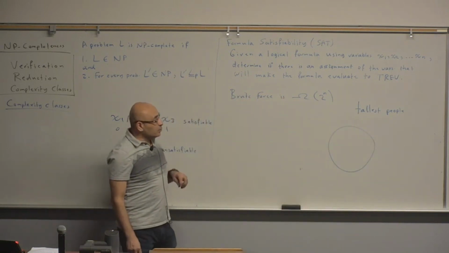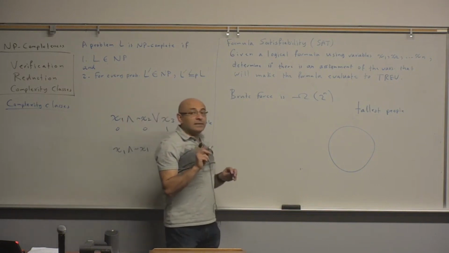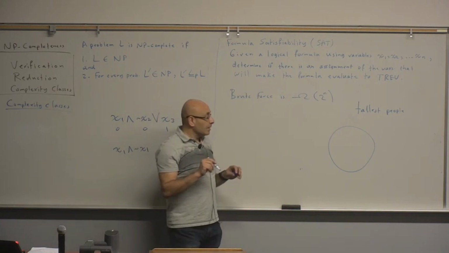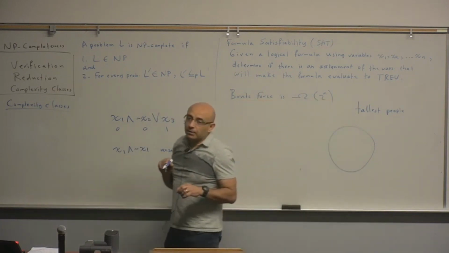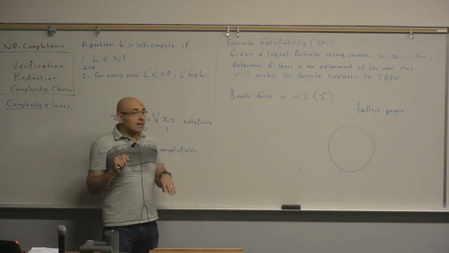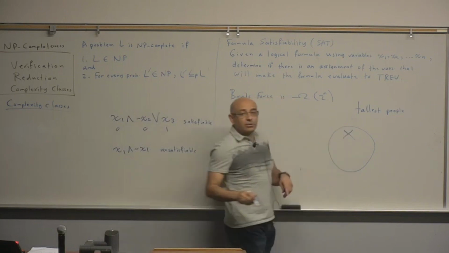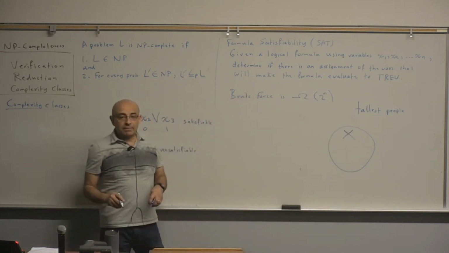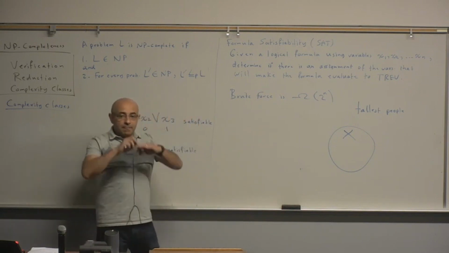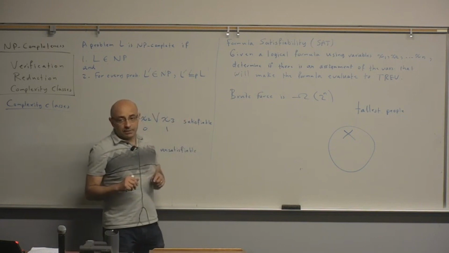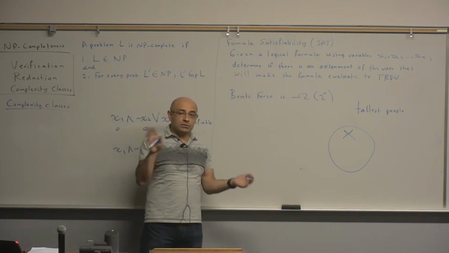Now, to find one person who belongs to this club, someone that doesn't have anyone who's taller than him, you'll have to compare that person with all 30,000 people on campus. You have to compare that person, and if no one is taller than him, then you put him in this group, and now X is taller than anyone else on campus. But now, if you want to add more people to this group of the tallest people, assuming that the population did not change, so we are not getting new students,